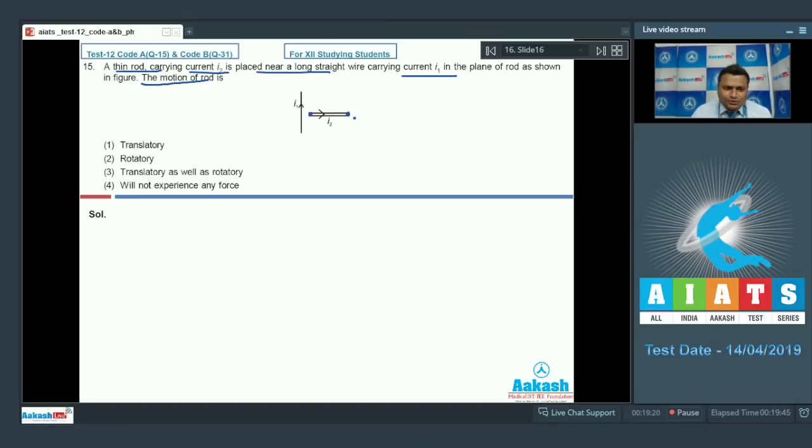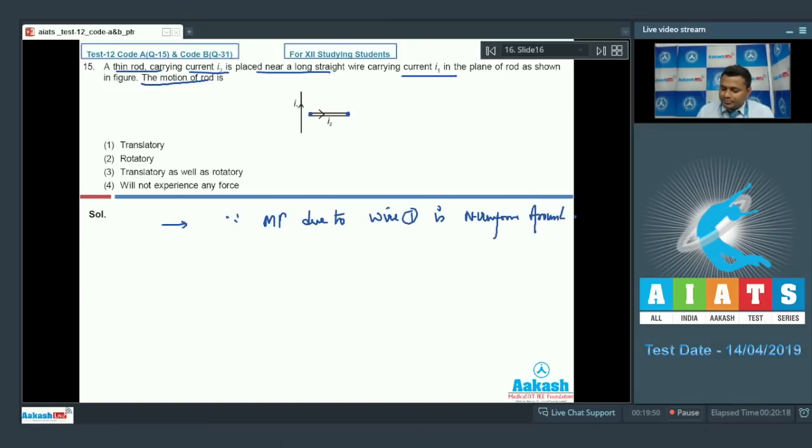So it is very clear from this fact that the motion will be translatory as well as rotatory. So let's write, since the magnetic field due to wire 1 is non-uniform